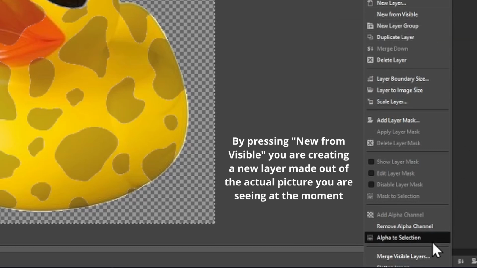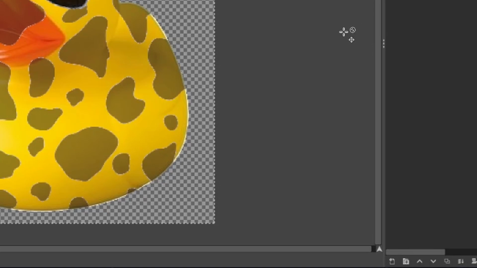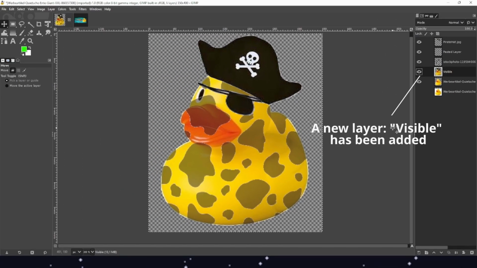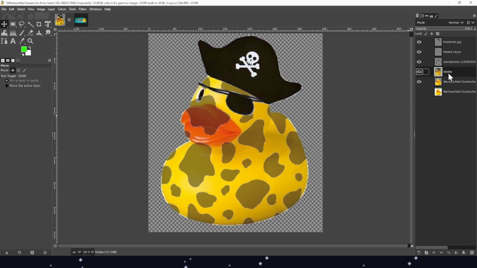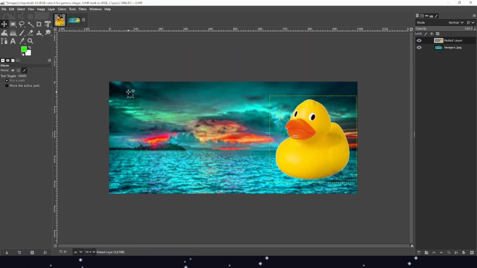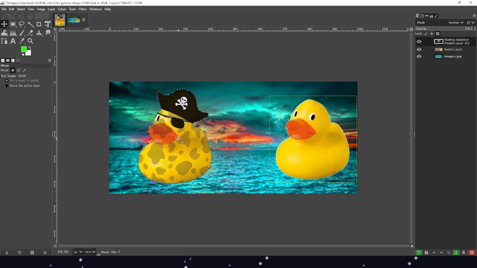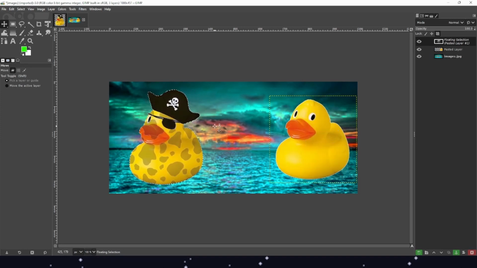Alternatively, you can merge all of the visible layers, but I prefer New from Visible because if you have some changes you want to make, you are capable of changing them as much as you want. Now it looks a little bit weird. We need to put this in the front, and now this is how our rubber duck looks. Again, Control A for selecting everything, Control C for copying, and now Control V for adding our little action-like ducky